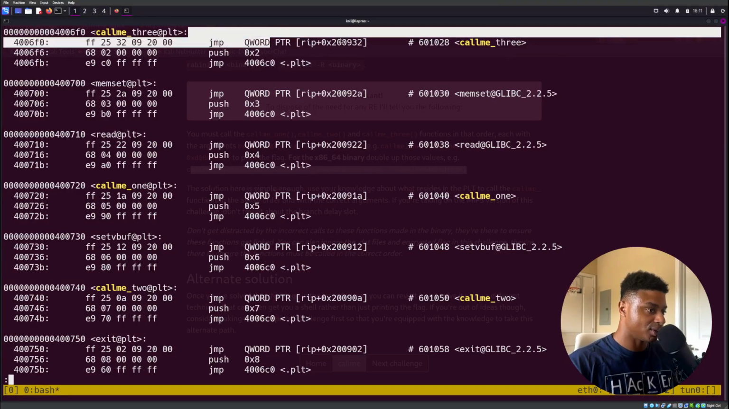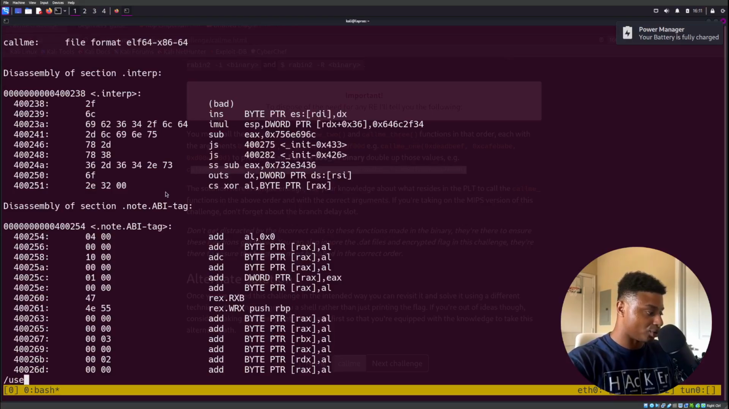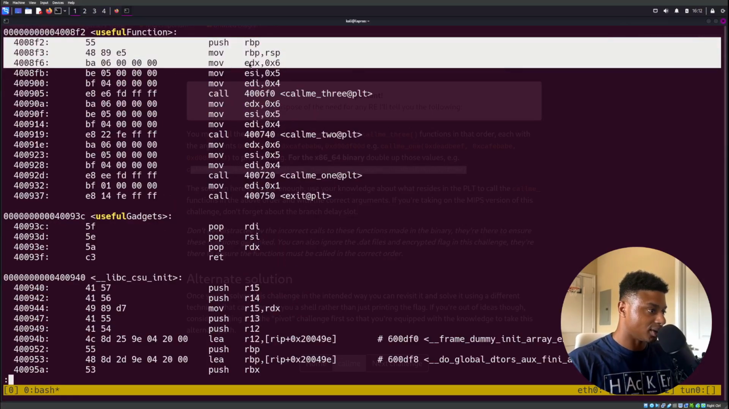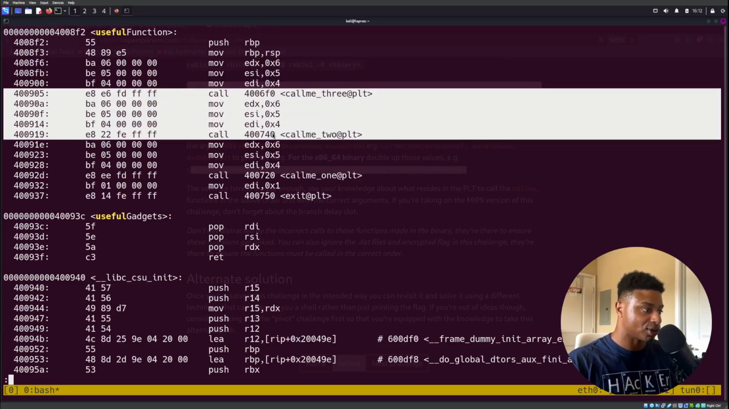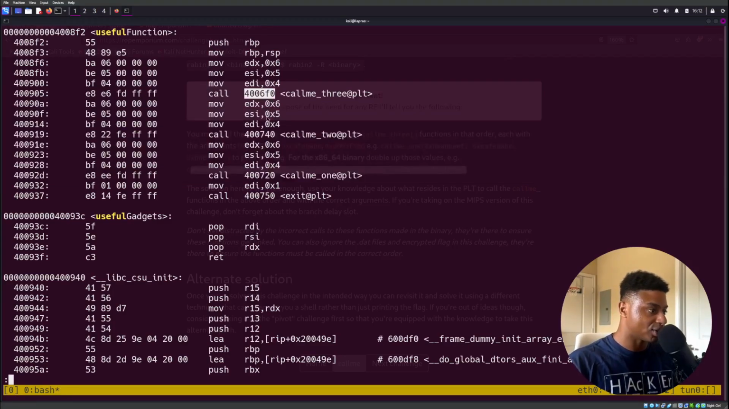It doesn't really do much. It pushes the value 2 onto the stack, and then it jumps to this address in the procedural linkage table. Let me see if I can search for useful. So, useful function. Okay, it just calls these three functions, the three functions that we'll need. So I think it's just there so we can get the address. We can ignore